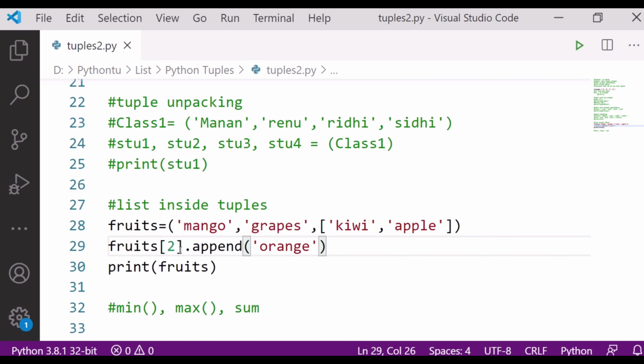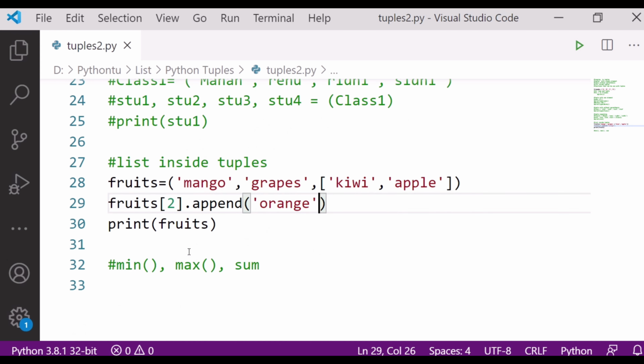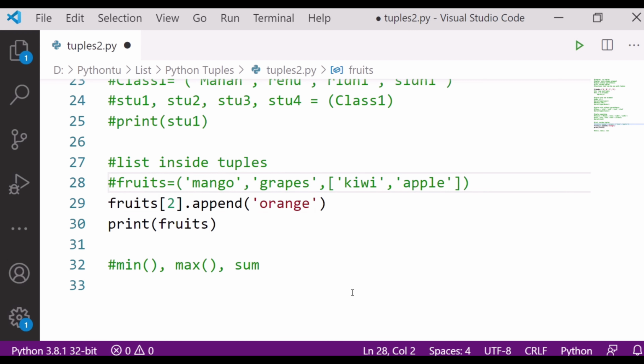Next, let's talk about functions. We can use minimum and maximum, as we learned in the list.